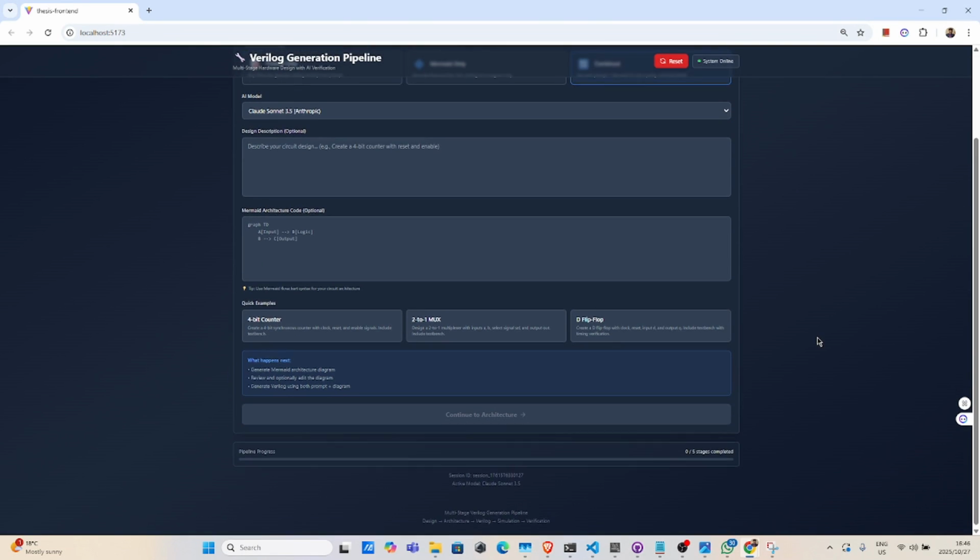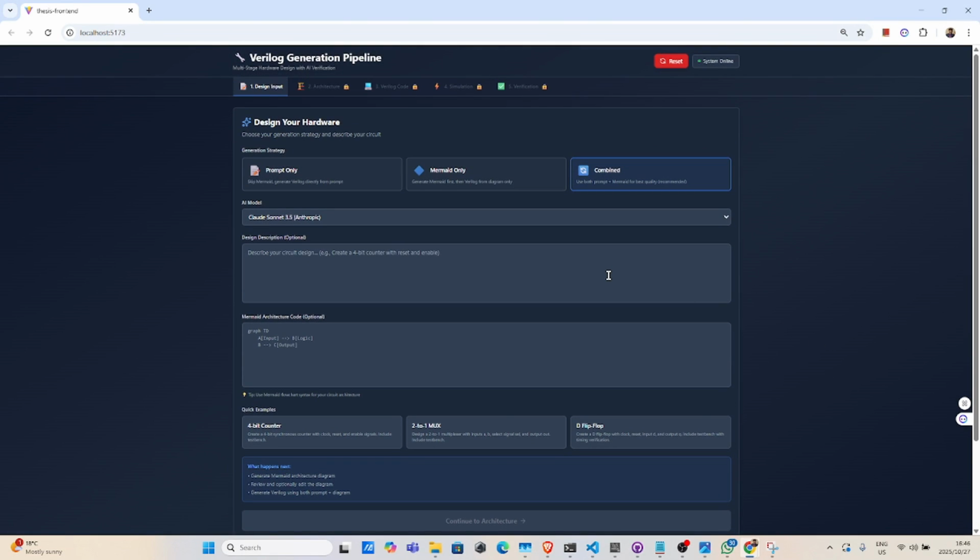As you can see, it's my Verilog generation pipeline. What's so nice about the system is I have a front end running in React JavaScript and a back end running in Python FastAPI. Now I'm just going to run through an example prompt of how the system works as a 5-stage pipeline with